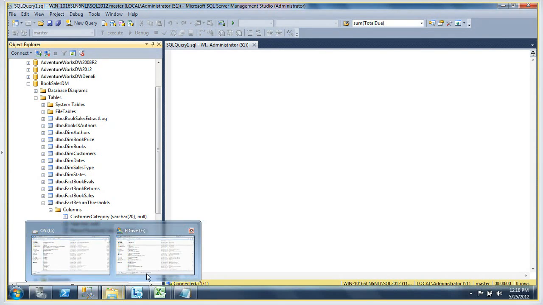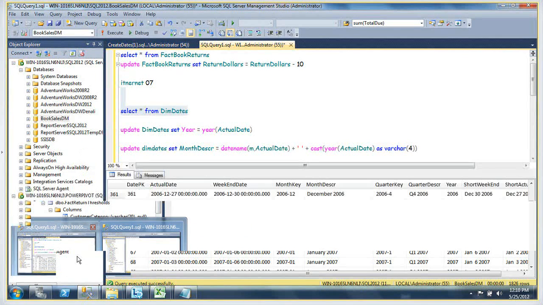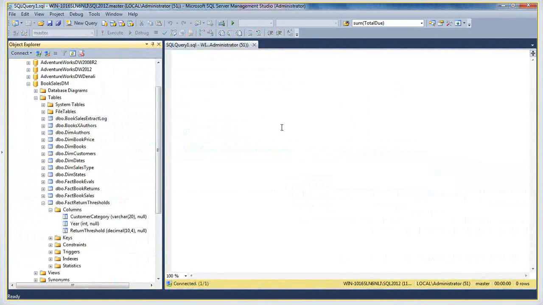And then we actually used Excel. And I just now realized I had two versions of Management Studio open. Certainly don't need two of them, so I'm going to close one. And then over in Excel,